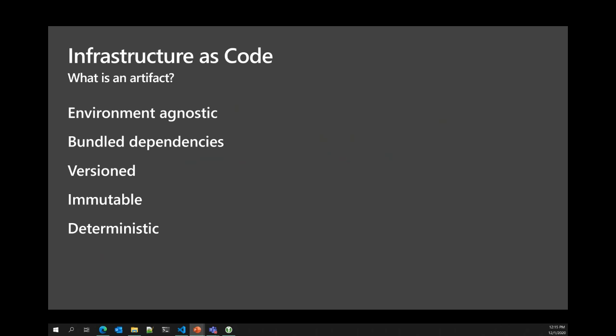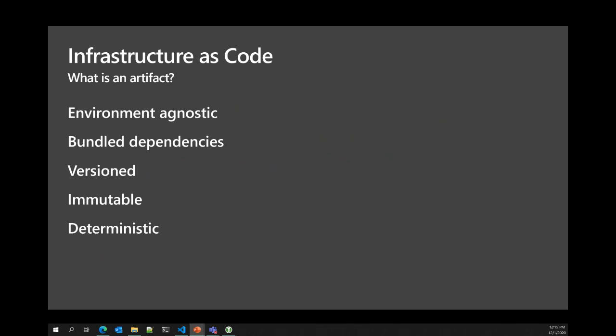So it's important that when you're building your artifact, you make sure that all of those things that the code that you wrote is dependent upon are also bundled as part of that artifact. So that you can guarantee that they are available when you actually need to go and run your code against your environment and create resources. So bundling of dependencies is very important.